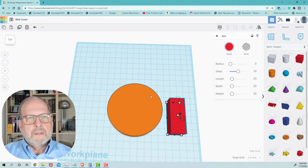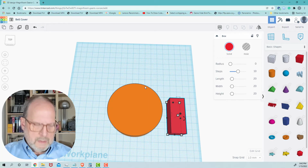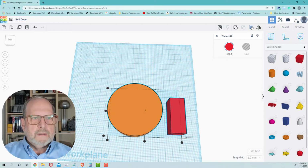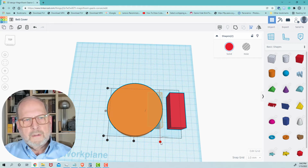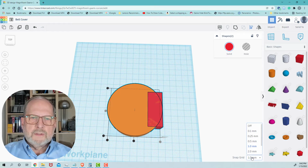We're going to do another alignment. So we're going to click this, and then we'll click the outer one. We'll hit align and click this. If we click this one over here, that's going to center it top to bottom. And if we click this one, oh, that's actually going to take it further than I want. So what we're going to do on that is go ahead and click it. Now it went 24. I mean, it's 20 wide. So if we change our